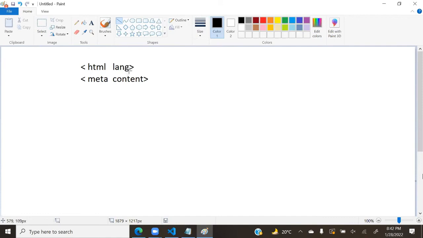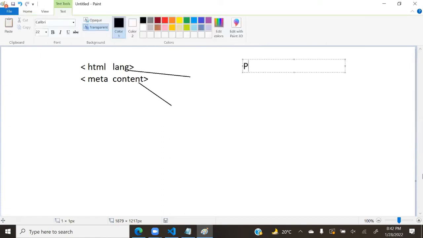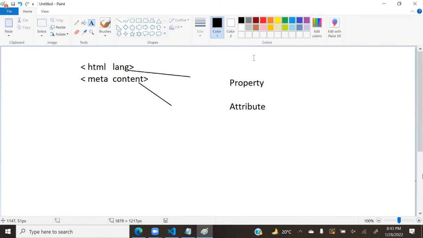What should I call this lang and this content? People have a confusion between property and attribute, and in interviews they ask the difference also. What is the difference between a property and an attribute? You should call this an attribute only.